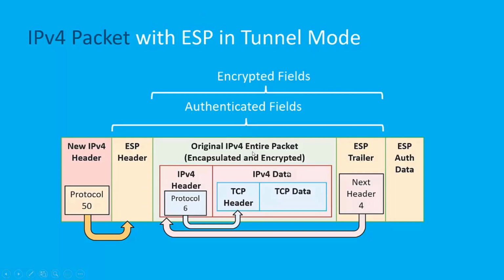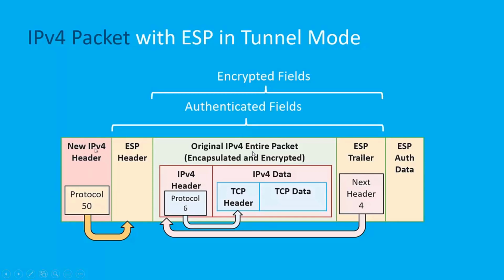In this case, the entire original IPv4 packet is encapsulated and encrypted. Not only the IPv4 data with TCP header and TCP data, including application layer data, but the original IPv4 header is encrypted along with the ESP trailer. Notice that the ESP trailer says the next header to point to will be the IPv4 header, because there's an original IPv4 header. There's an IP address, and there's a new outer public IP address over here that was